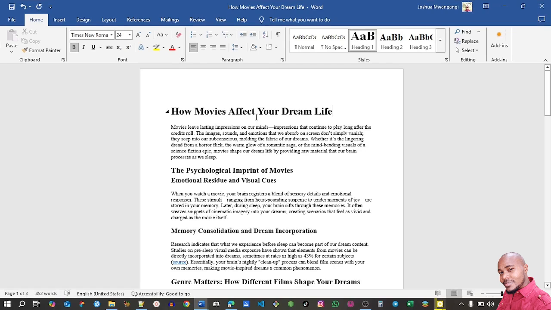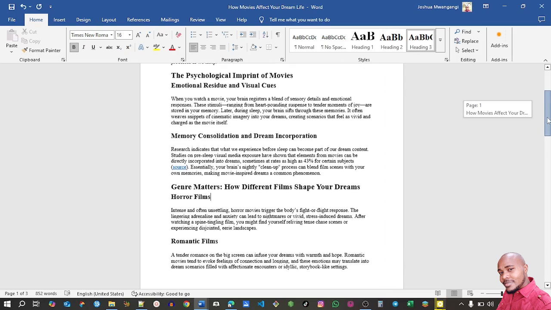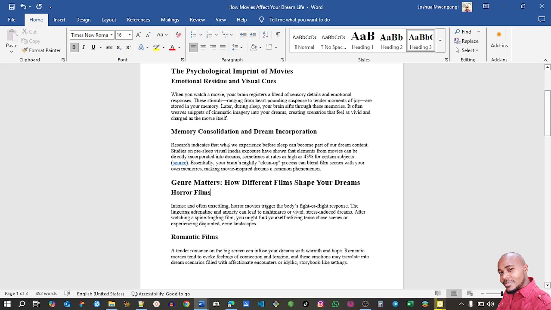It's about how movies affect your dream life. This is the main heading, as you can see in this article. It's heading 1. And then this one I gave heading 2. This one is a subtopic of heading 2, so this one is heading 3, and also this one is another heading 3, because these are under the psychological imprint of movies. And then we have this one here, heading 2, the general matters. This is heading 2, and then these are subtopics of this major subtopic, and so forth. And then this is the body, the content under that